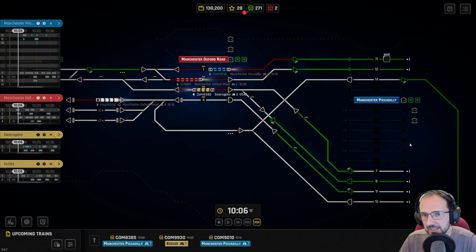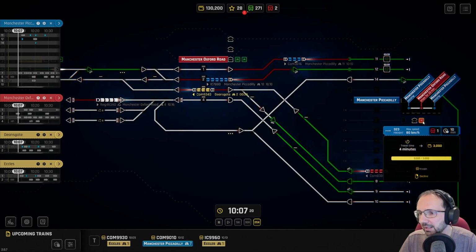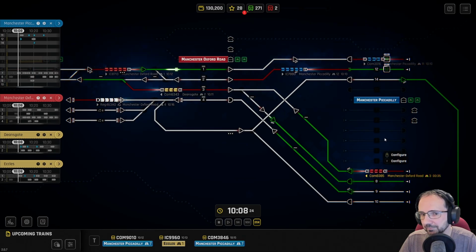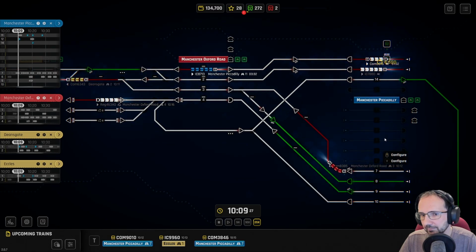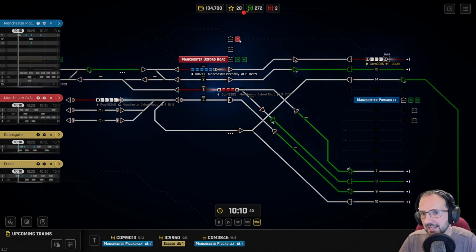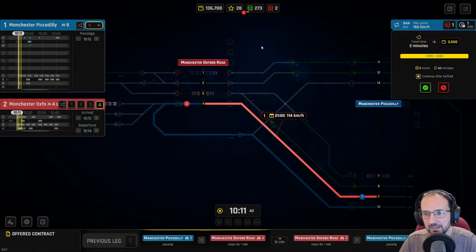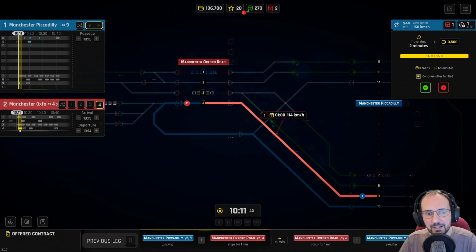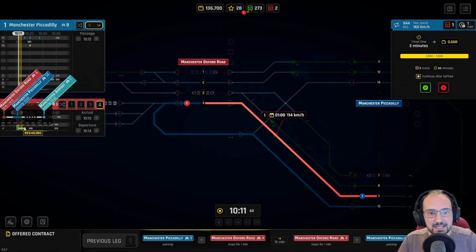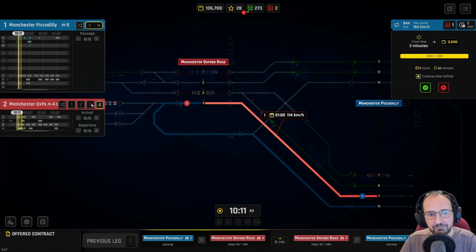Freight contract we reject. Freight contract we reject. If this doesn't complete in time, I am going to be puzzled. Okay, this one we can do. Nice and simple. 9 into 4. To be a little bit careful because I think this one is coming back into 4 here. 10-16. We actually will get a little bit of contention here because he's going to move 3 minutes before he's due